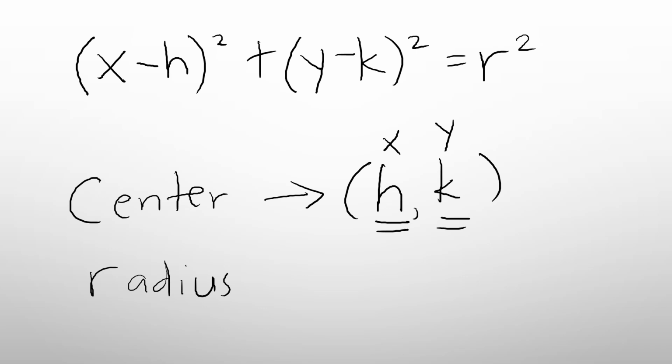So in this given equation or formula, this h is the first coordinate of the center, and this k is the second coordinate of the center. Also, for the radius, this is represented by r. So in the given equation, r is the radius, the length of the radius. If you know the length, then you just have to substitute, then we'll simplify.